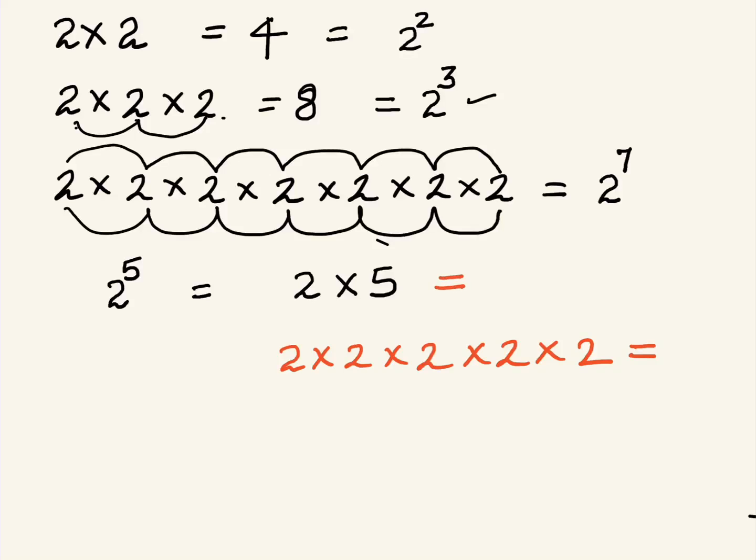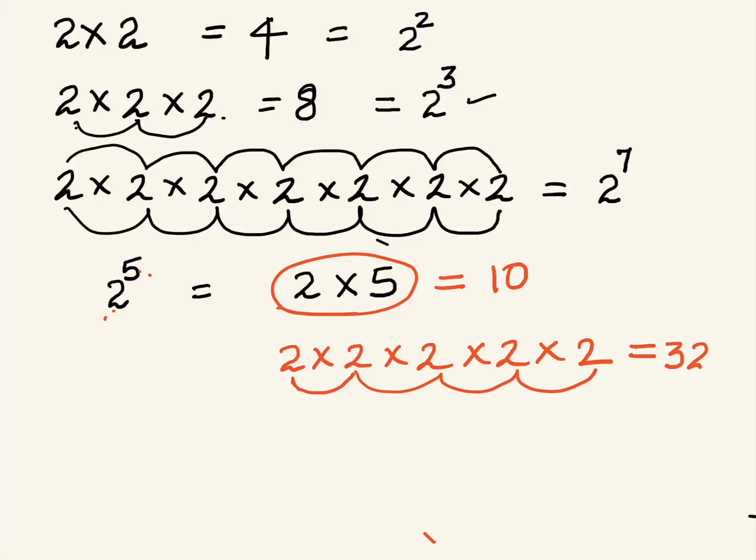Let's see the difference. When I'm saying 2 to the power 5, and if by mistake I write it as 2 into 5, that will give me 10 as an answer. Whereas 2 to the power of 5 means I'm saying 2 5 times. So 2, 3, 4 and 5. Now multiply them, what do you get? 2 times 2, 4, 4 times 2 is 8, 8 times 2 is 16, 16 times 2 is 32. Now you know the difference between saying 2 to the power 5 and 2 into 5. They are two different things.